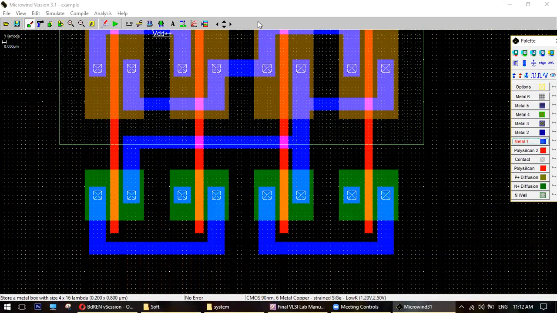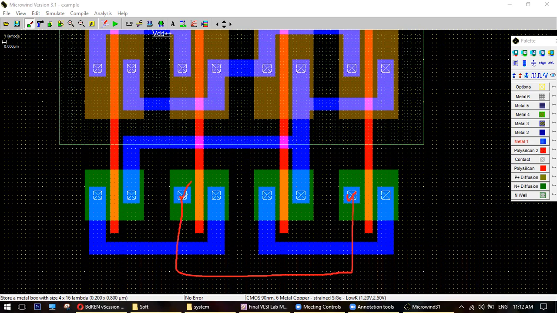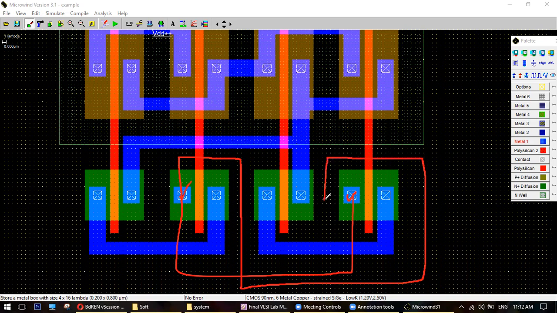So B source is this one, D source is this one. How are you going to connect it? So you have to connect it like this. Okay? Or you have to connect it like this. Got my point?